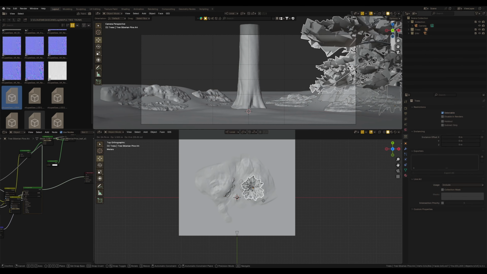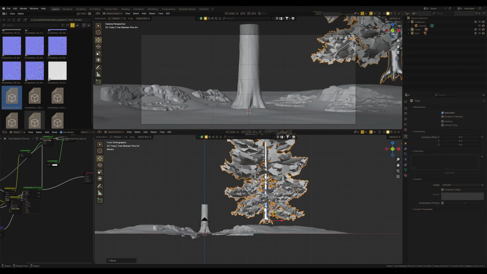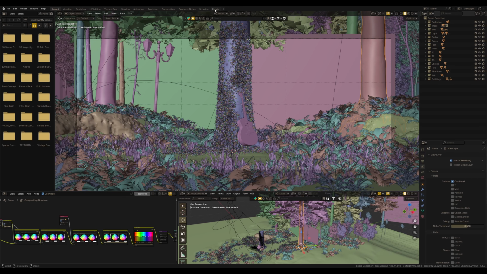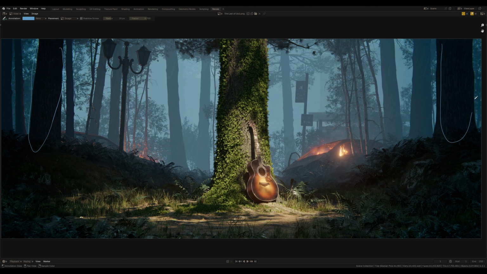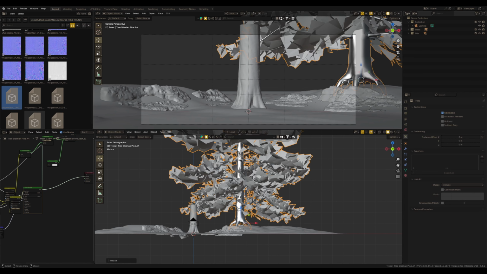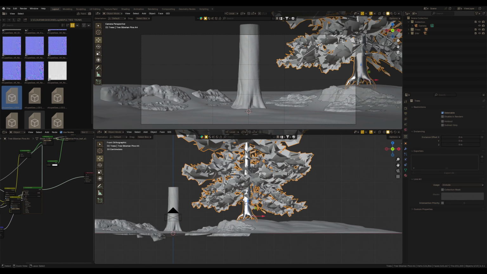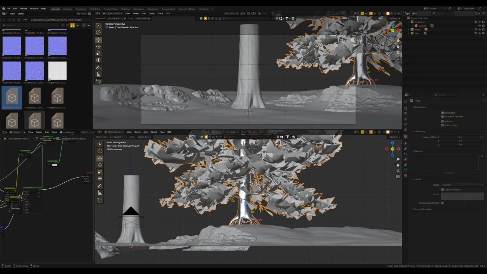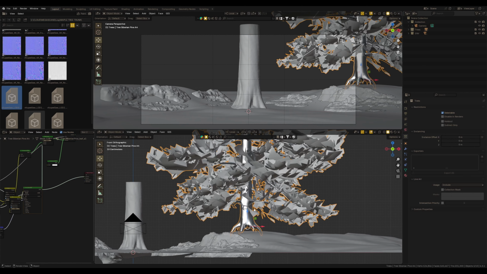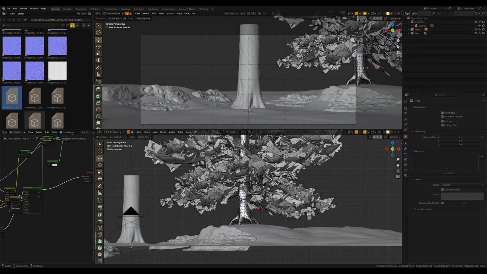So I drop this pine tree into my main scene, but we can see it doesn't quite fit. If I look at this render, there are only large trunks, and the tree's foliage is barely visible in some areas. The problem is, we can't just scale the tree because then we also scale the foliage. This isn't the right way to handle trees if they don't match the size you need. So here's how I solve this issue.